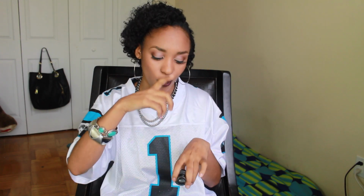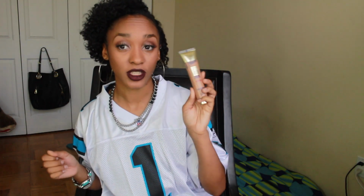I say like taking a little dot and dotting it into your skin and blending it that way. Don't take a full pump of the foundation and go in with a second layer. I wouldn't suggest that one. L'Oreal Blur foundation. This is the foundation that has the blur technology in it, and I'm in the shade